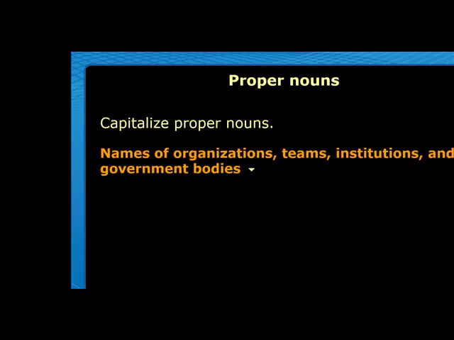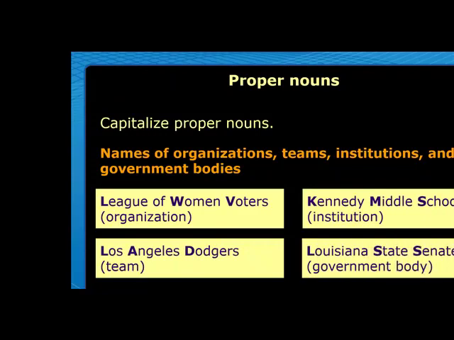So let's talk about, what about buildings? What about teams? What about institutions or organizations? Like, for example, the League of Women Voters, okay? That's an organization. The League of Extraordinary Gentlemen, okay? That's the name of a movie, by the way. Los Angeles Dodgers, okay? Like one of my students showed me pictures, and he is a true fan of the Dodgers, okay? Like we have the Ahli, Zamalek, Pyramids team, okay? All of them should be capitalized.